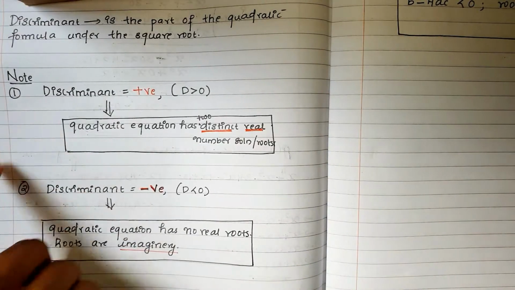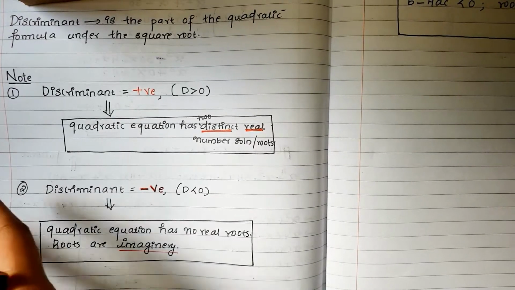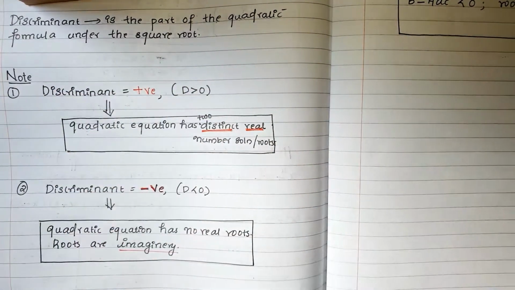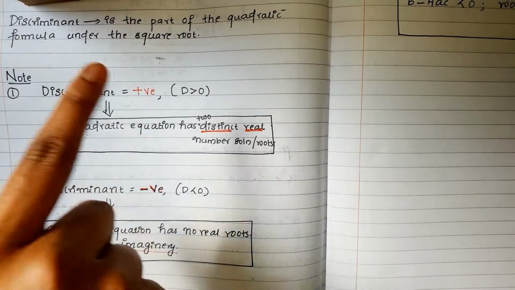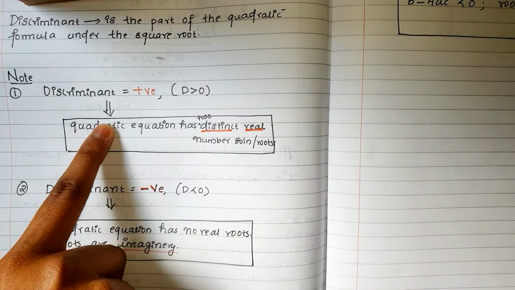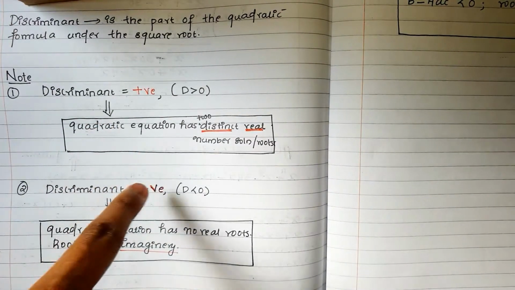A discriminant is used to find the nature of zeros, or the nature of solutions, or the nature of roots. Everything is the same. We are finding zeros, the value of x. x is equal to minus 2, x is equal to 2, like that we did in the first and second exercises. Same like that, this discriminant can tell the nature of how the zeros and the solutions are.